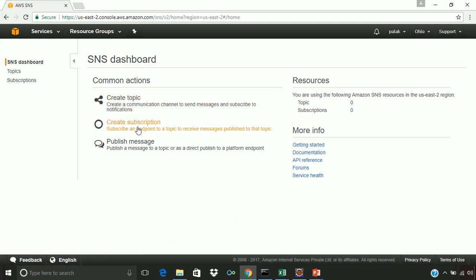After that we will create subscription that will subscribe an endpoint to a topic to receive messages published to that topic, and then we will publish a message to the topic or as a direct publish to a platform endpoint. And then we will use this SNS service in our code commit repository to enable the email notification whenever any change is made to the code commit repository.